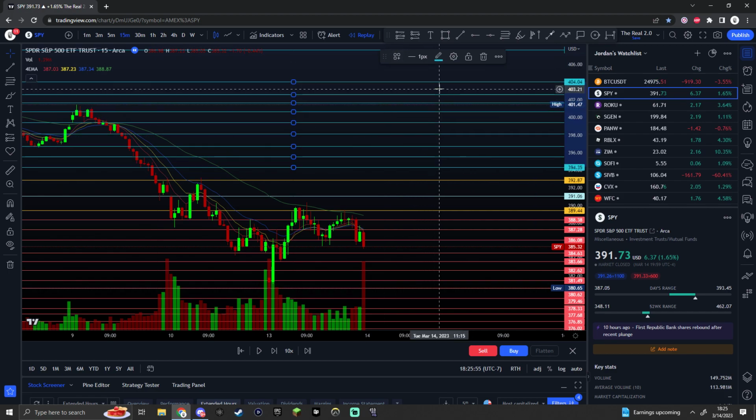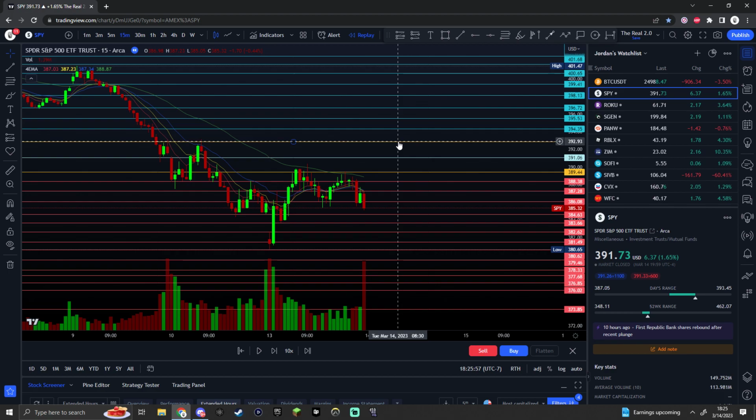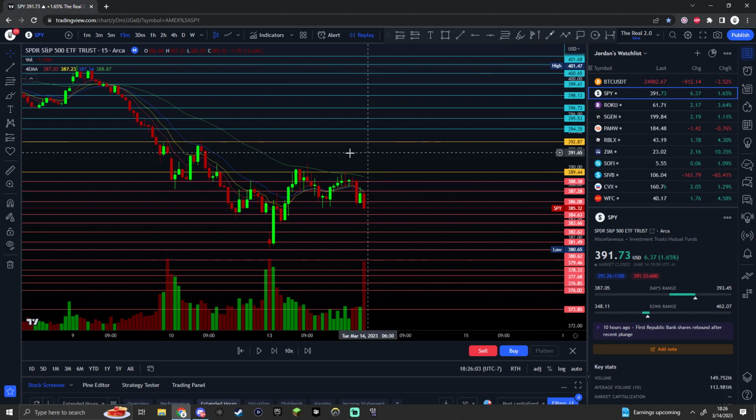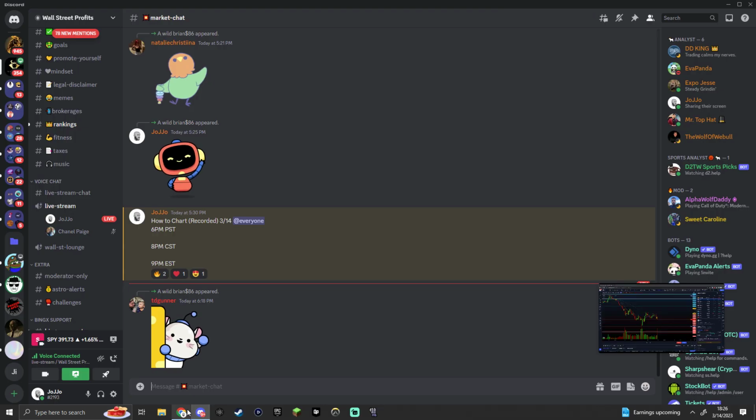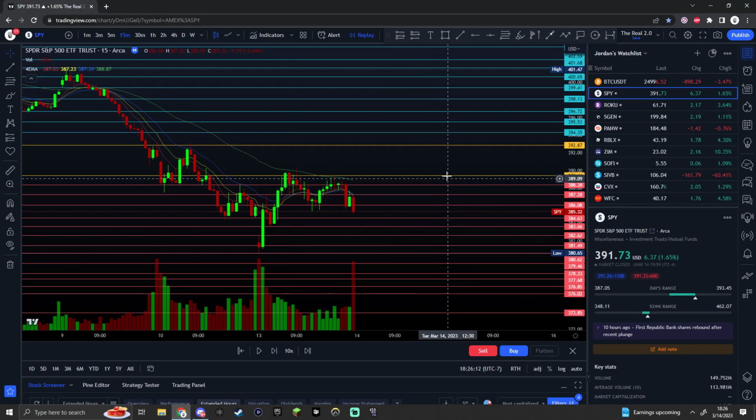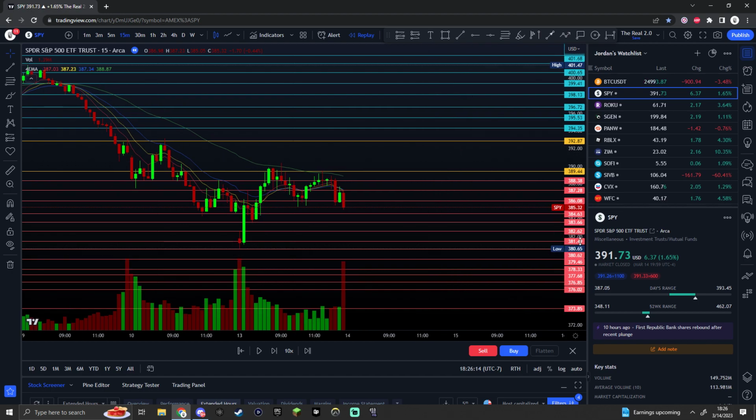So I have my calls price targets, and I make these yellow so I can differentiate them. This would be our puts level, this would be our calls level. So pretty much